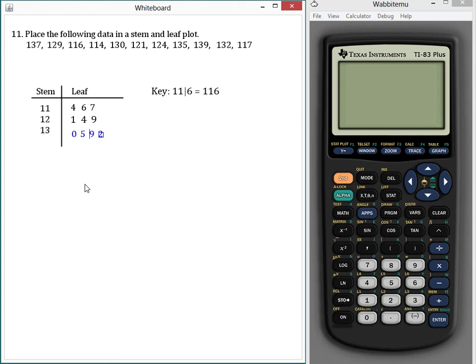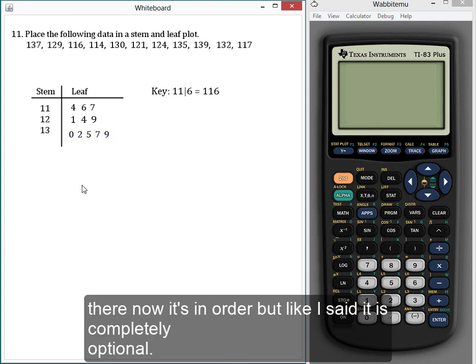So then if I put the 2 right there, there. Now it's in order. But like I said, it's completely